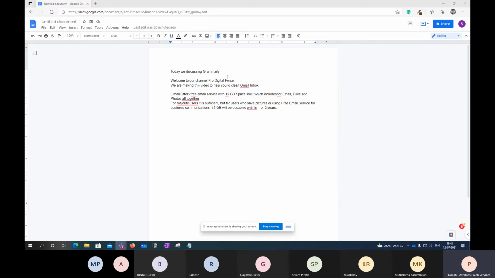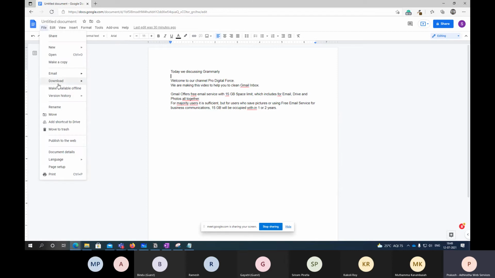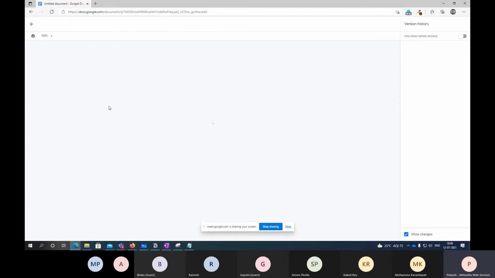So maybe Anka Babu is working on the second paragraph, and Sriram can work on the first paragraph. Simultaneously, we can see each other and start working on this document in real time, right? That is the benefit of it. And it also has a lot of other benefits. Maybe in a detailed session, we'll discuss this topic.